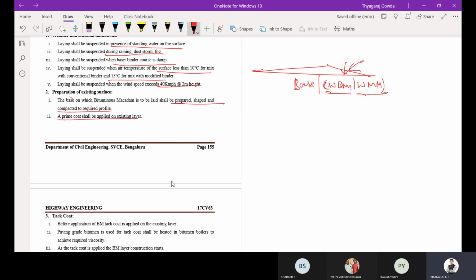Then a prime coat shall be applied. I'm going to teach what the prime coat and tack coat are in later classes.